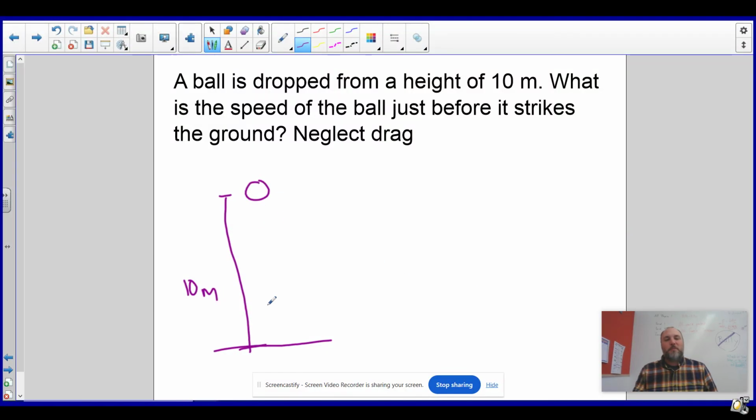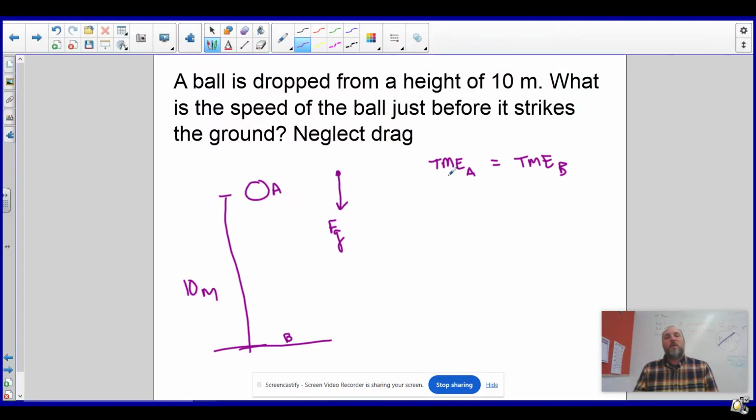The ball is dropped from 10 meters high. If I were to draw the free body diagram, I have only the force of gravity, which is a conservative force, so I don't have to worry about my mechanical energy changing at all. So that means if I call this first one position A, and then just before it strikes the ground, I call that position B, this means the total mechanical energy at A has to equal the total mechanical energy